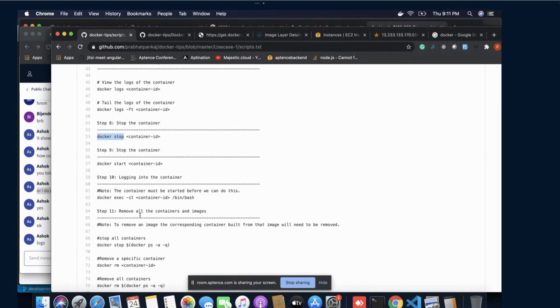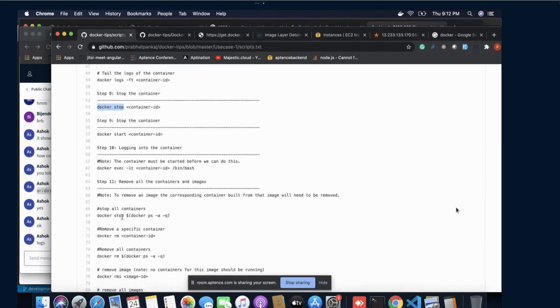If you want to go inside a Docker container, this is the command that you may have to perform. If I write like this, it should give the ID.